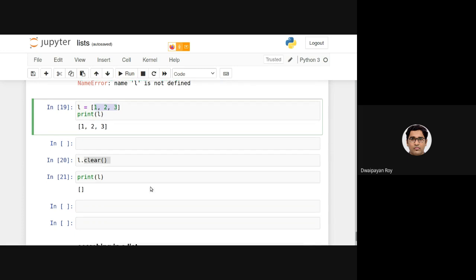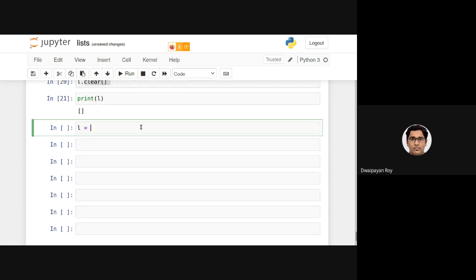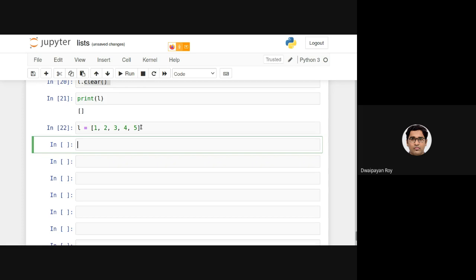So let's say we again declare a list, say 1, 2, 3, 4, 5. If I want to delete the last two items, what I can do is del L with the starting and ending indices, basically 0, 1, 2, 3, colon, and we can leave the end empty.